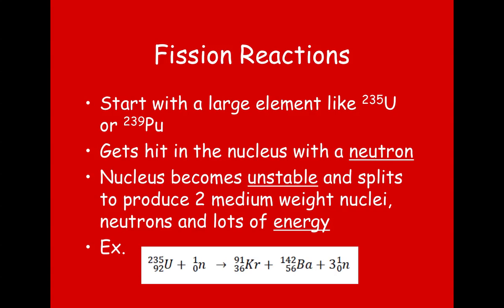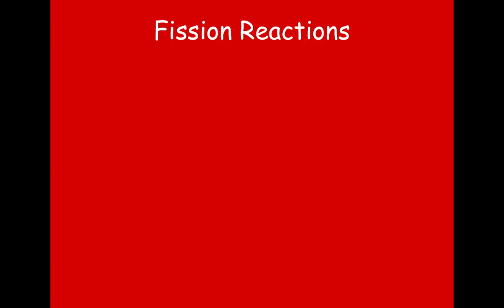Now, those extra neutrons create something called a chain reaction. And so what does that mean? Well, basically the chain reaction means that with those neutrons, we can actually take them and use them to start the next reaction. So for instance, if I start with a single neutron